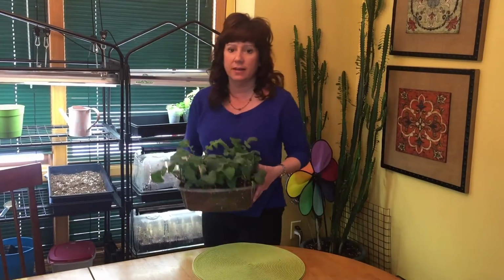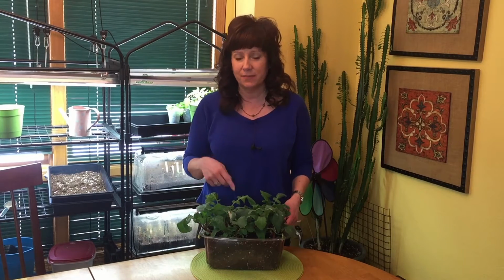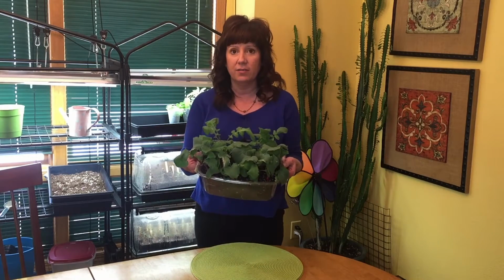First time ever inside, I should say. The only thing I did differently this year than I do every year is, drum roll, actually, some of you already know what I'm going to say, don't you? I added Trifecta to the soil before I planted the seeds. So I'm just sharing with you my experience. There's no doubt in my mind that the reason that I actually have